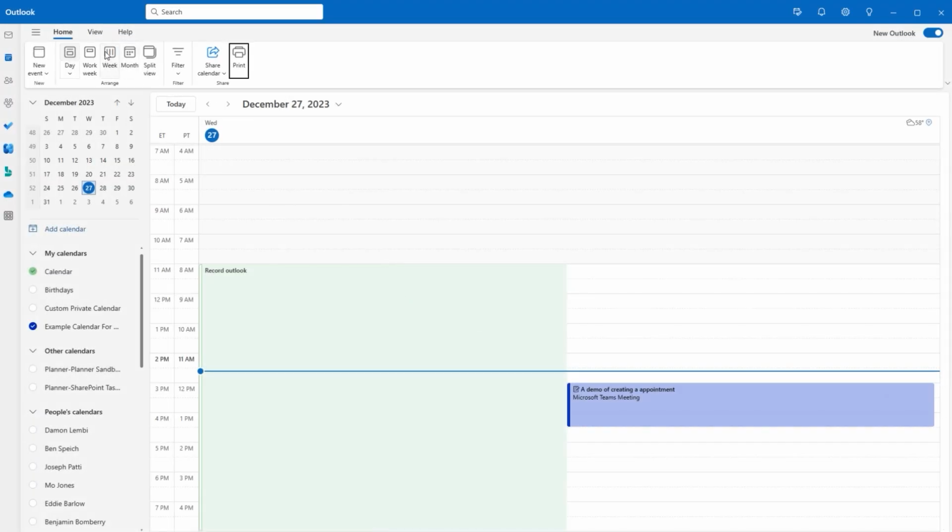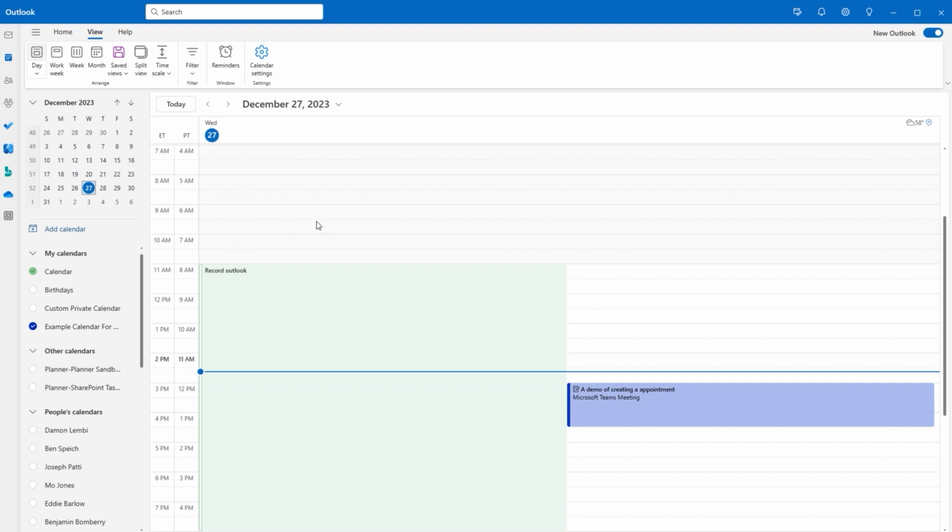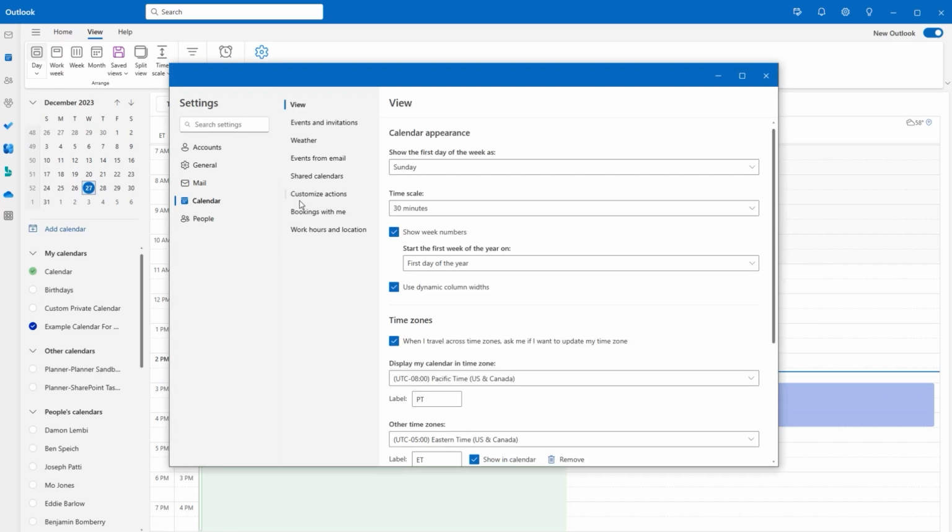Let's head over to the View tab now that we've gone on a tour of some of our advanced calendar tools. And now that we've seen some of these advanced calendar tools, I want to hop into the calendar settings. Under the calendar settings here, for the first section called View, you can control what the first day of the week is going to be shown as when you create a calendar,